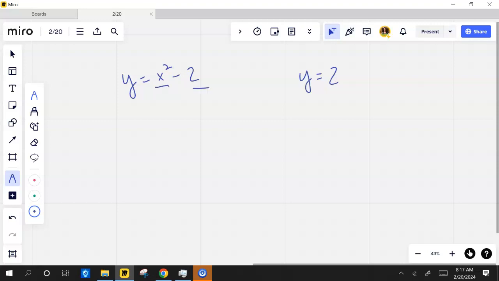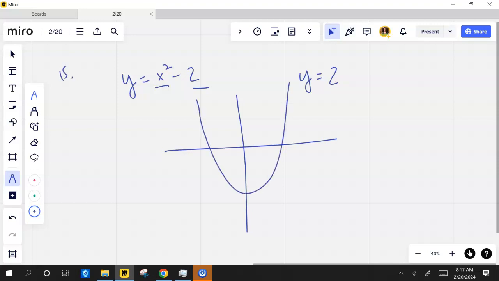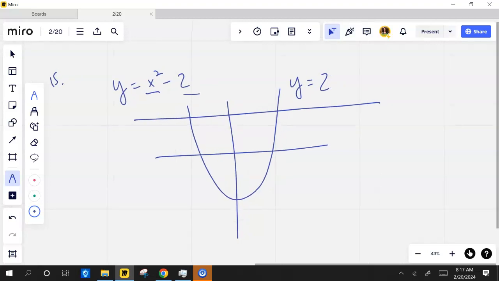Parabola opening up but shifted down to... 15. She was just asking, how do you know which one's on top, which one's on bottom? So shifted down to, it's going to look something like this. And then the line y equals 2, well, that's just a horizontal line like this. So if I look at what's bounded between the two curves,